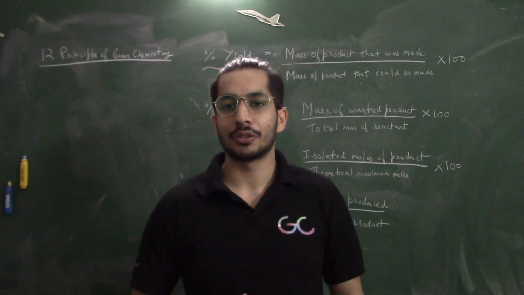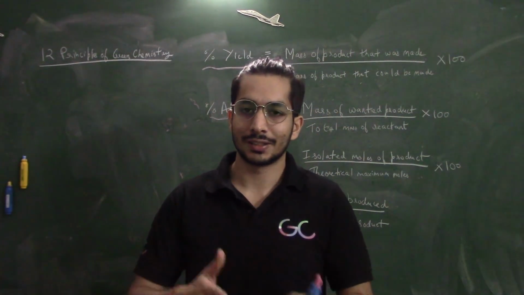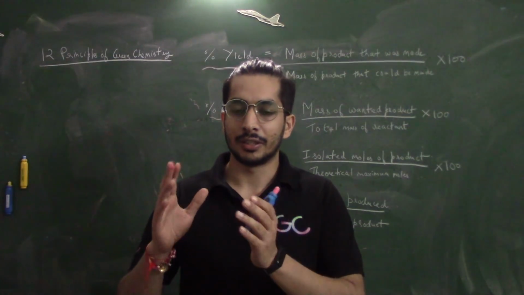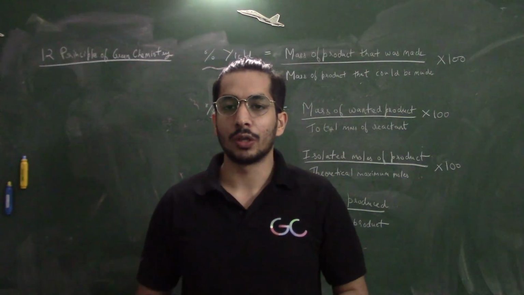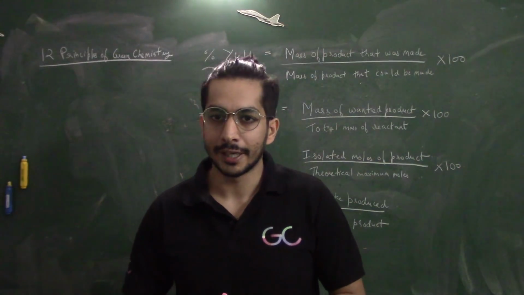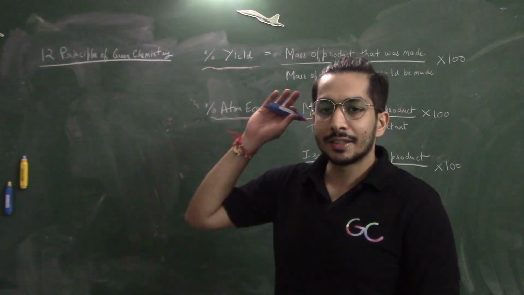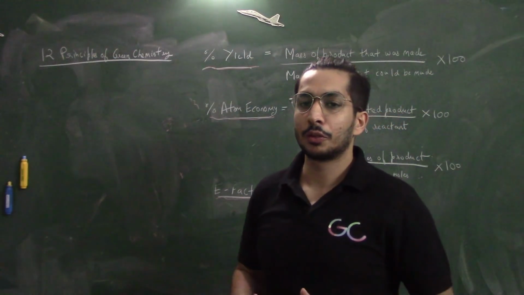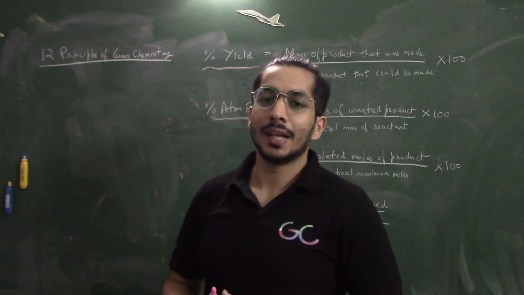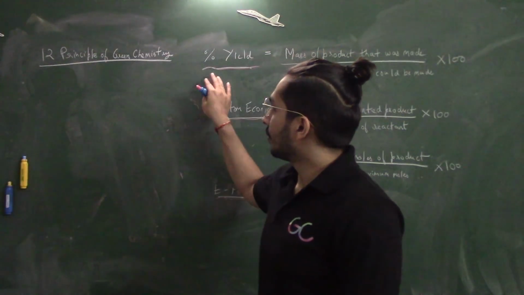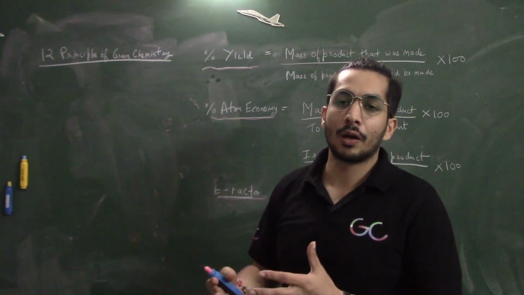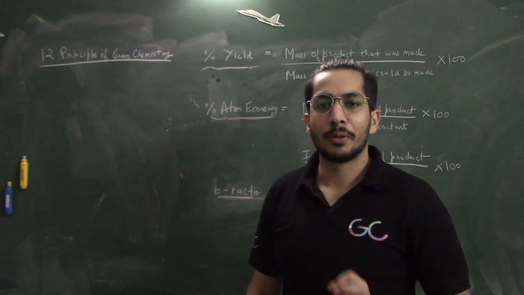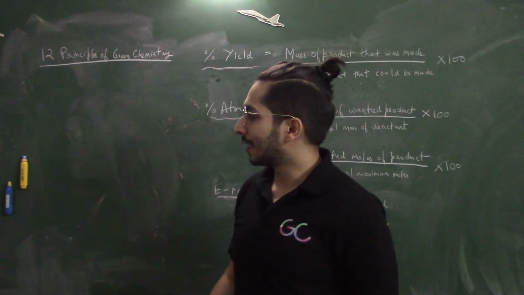So now in green chemistry, I'm not going to get into the details of what exactly green chemistry is. I think everybody over here would know what green chemistry stands for, right? But there are three important concepts, or three important metrics, in green chemistry which I would like to explain, which are very important from the exam point of view. So the first thing that you need to know how to calculate is the percentage yield. I'm sure many of you would know this, but let's do a quick recap.